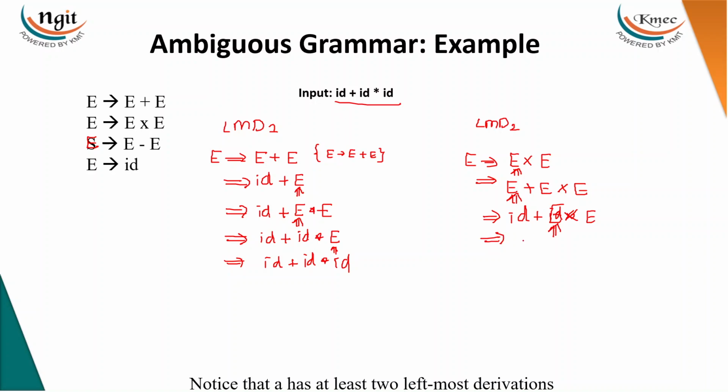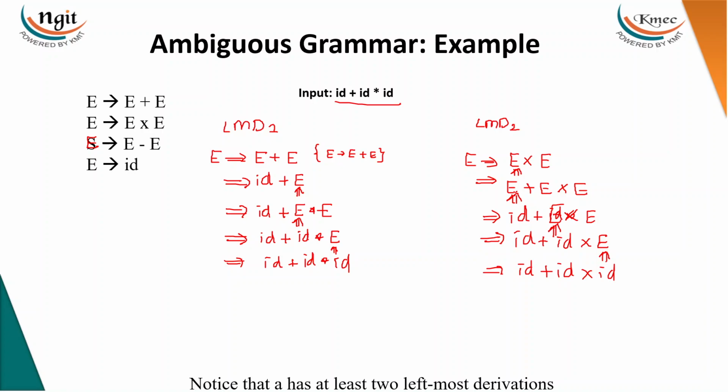Then the leftmost non-terminal is this one in ID plus ID star E. And the leftmost non-terminal is this. Then you can write ID plus ID star ID. Guys, don't replace more than one non-terminal at a time in the derivation. While you are practicing, you can do it, but while you are deriving it, don't do it. While you are writing in the exam, don't do like this. Don't substitute at a time